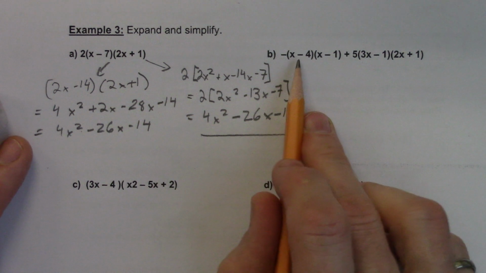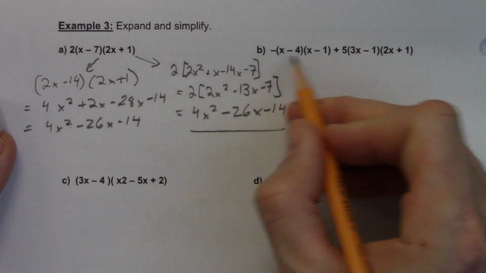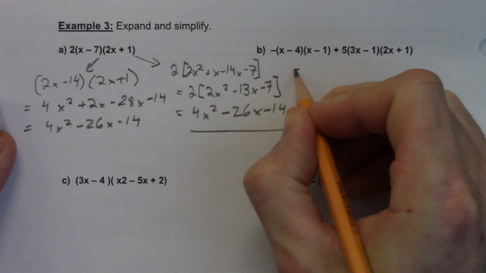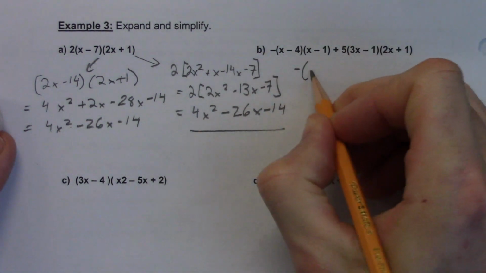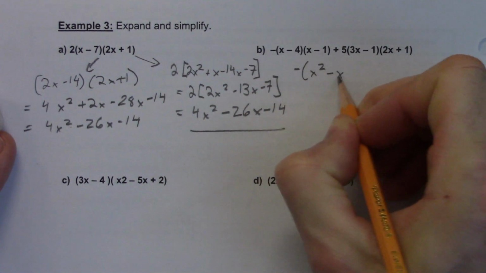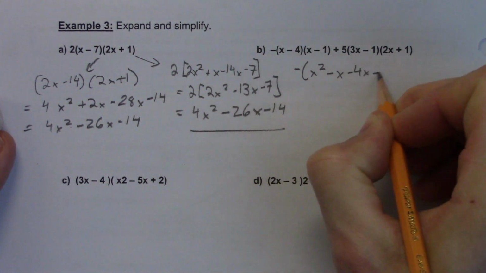All right, this one, B. So now our negative sign, what you're going to do with this one is, my advice, leave the negative outside. Deal with all of the inside first. Okay, so you get x squared minus x minus 4x plus 4